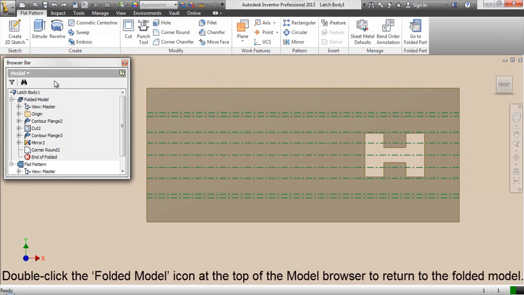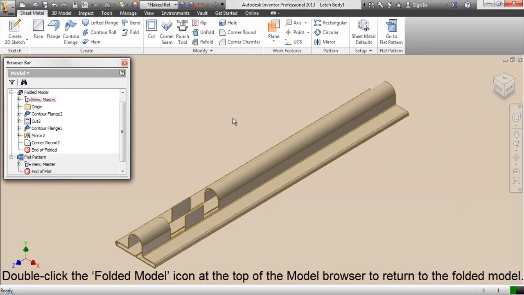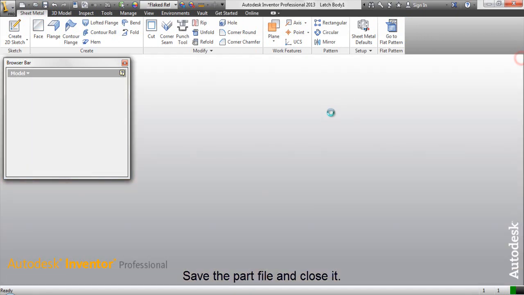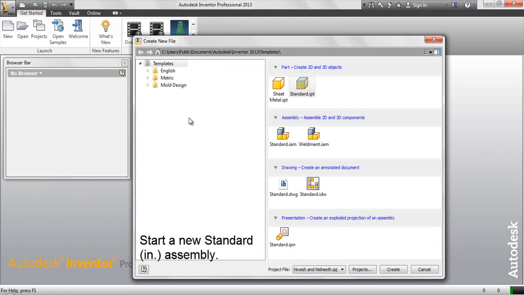Double-click the folded model icon at the top of the model browser to return to the folded model. Save the part file and close it. Start a new standard inch assembly.